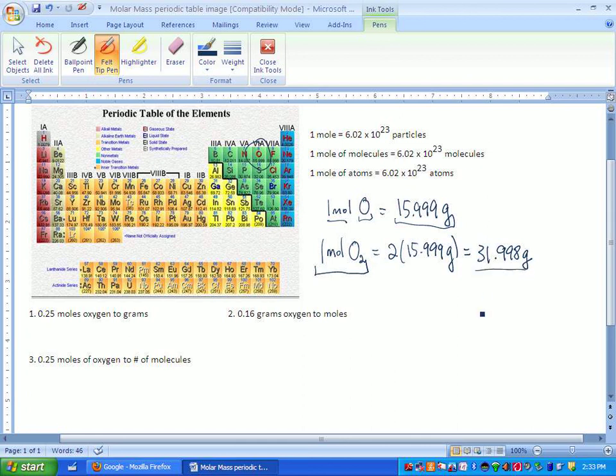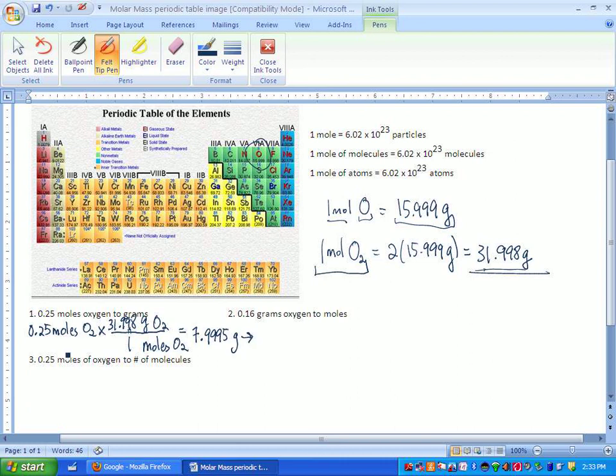weighs 31.998 grams. So if you carry out this calculation, you start with what they give you, which is 0.25 moles of oxygen. And you put the unit that you want to get rid of at the bottom of the fraction, which is moles of oxygen. The unit that you want to get to goes to the top. And this is an equivalent relationship, so you get it from the periodic table. We already found out that 1 mole of oxygen weighs this much, 31.998. If you carry out the calculation, you will end up with